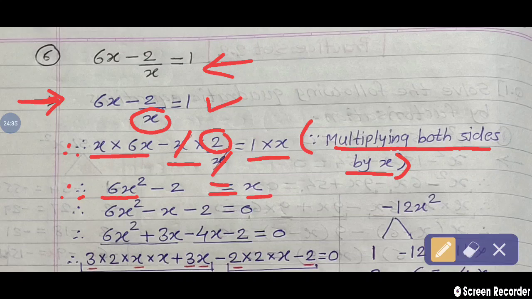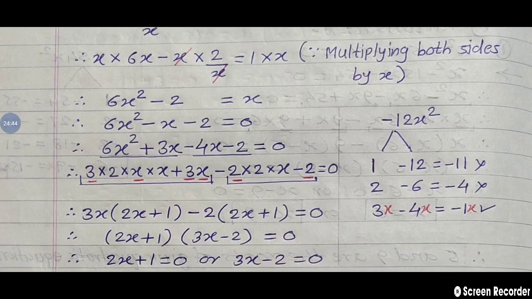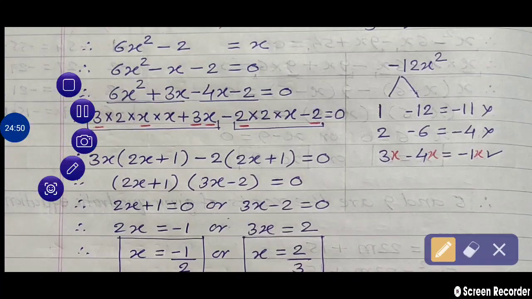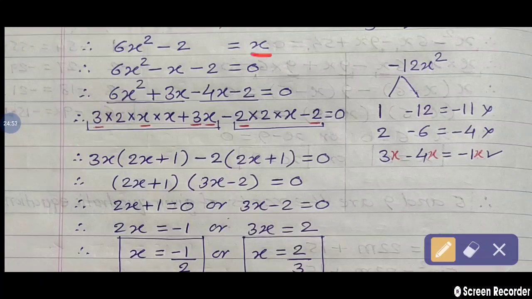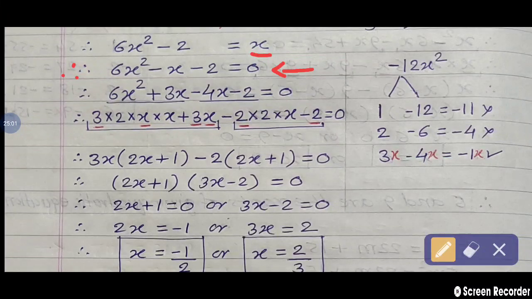So right side term x we are taking on the left hand side, and we are trying to write the equation in standard form. So right side x we are taking on the left hand side, then what happened? That changes, that is plus x changes to minus x. Therefore, we convert the given step into the standard form. So in this step, what are we getting? Check. 6x square minus x minus 2 is equal to 0.